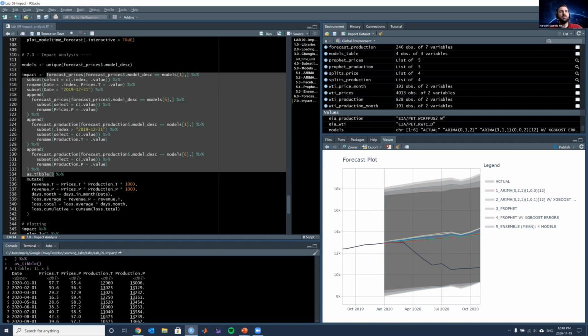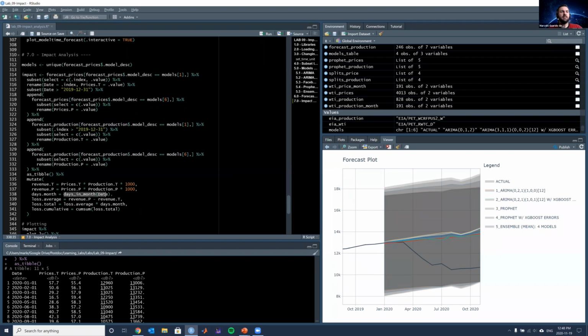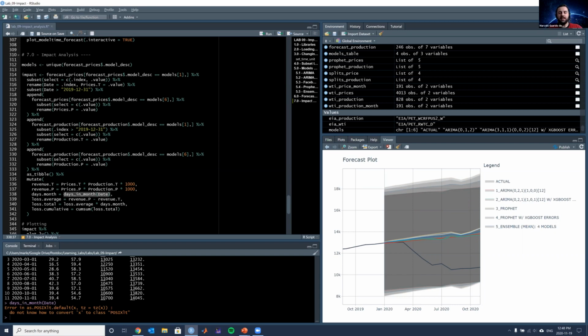You're going to do the same for the predictions. And then you're going to create a new column for the days of the month, how many days there are in that month. Then you're going to calculate the loss average, the loss cumulative,